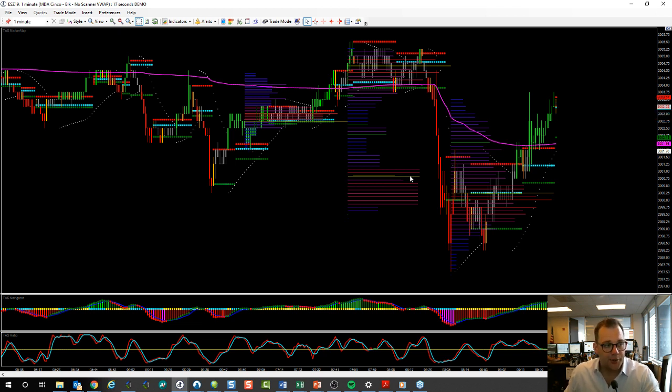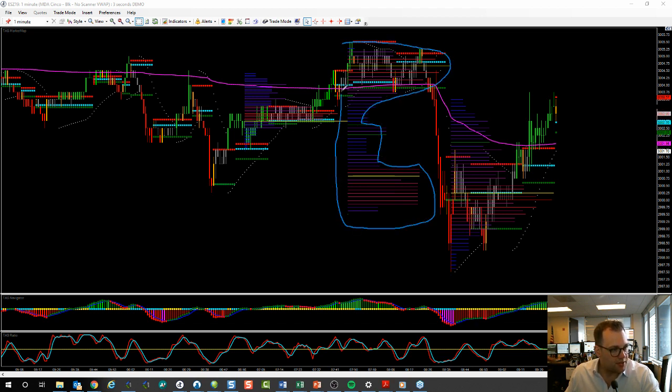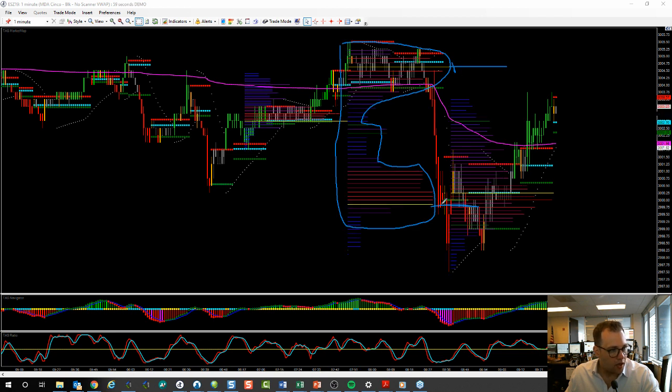If things slow down, I want to see where the volume's trading, where those levels are relative to my levels that we've come up with, and go from there. So what I was saying earlier in the session is we have this distribution. This is the market map tool. We have a high volume up here, we have a low volume down here, distribution forming.